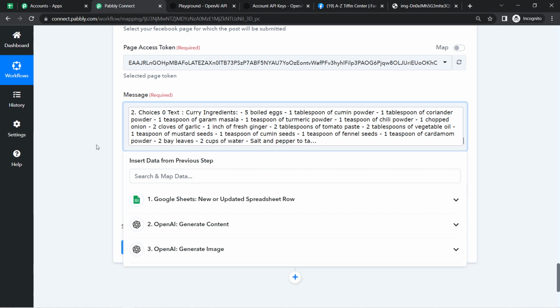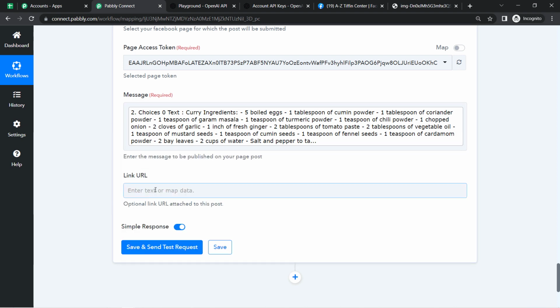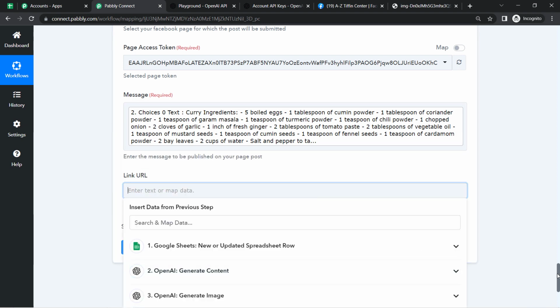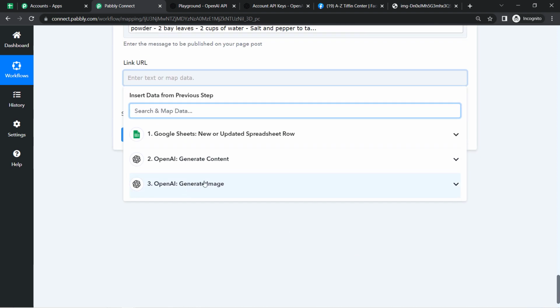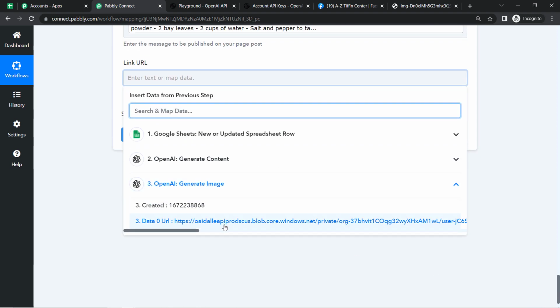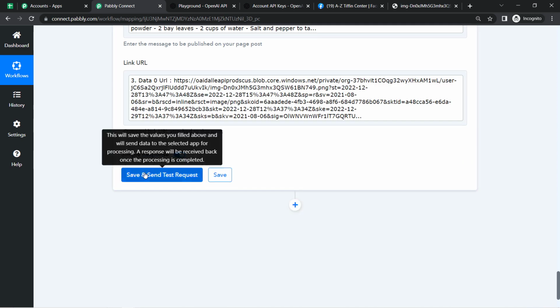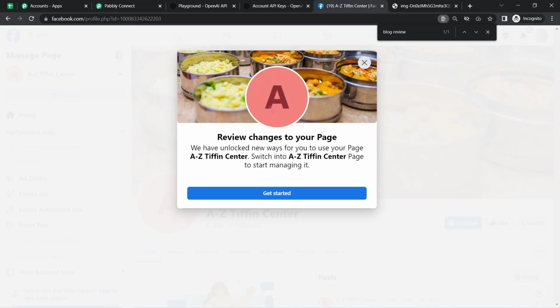We have the recipe which I have mapped, and in the link URL, here I'm going to map my image URL from this particular step. Okay, so here we have the image URL. All right, now I'll be clicking on this button, save and send test request, and you will see how